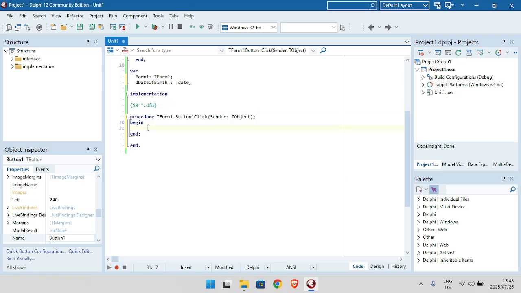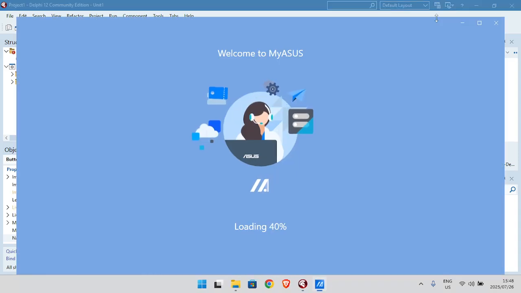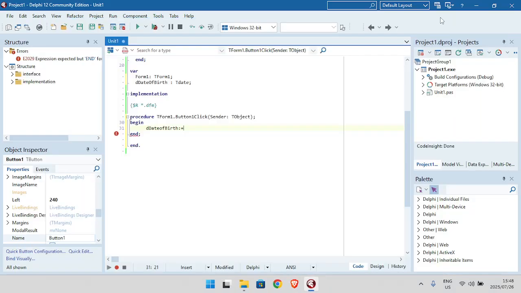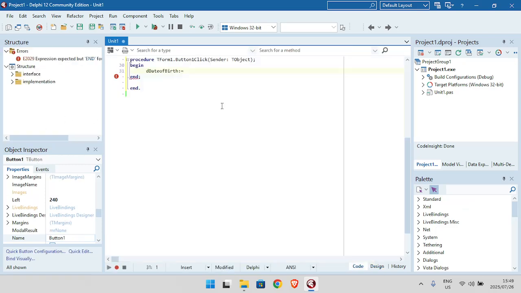Okay, I'm going to say the date of birth is equal to the value that was selected in the DateTimePicker component. So let's just make sure the component name is